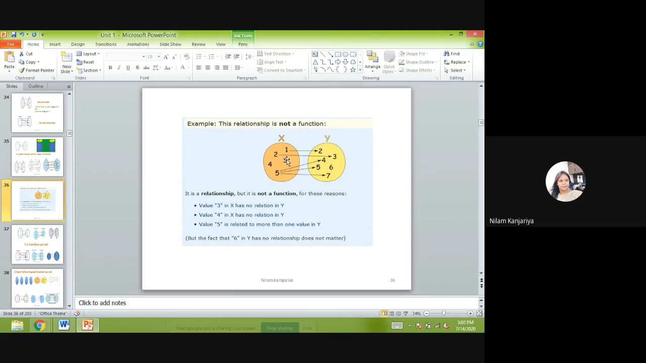But look, 3 and 4 are not related with any element. So first, every element of the domain must be used. Here 3 and 4 are not making a relation. So it is not a function. The first reason why it is not a function: 3 and 4 are not used. And the second reason it is not a function: because 5 has no